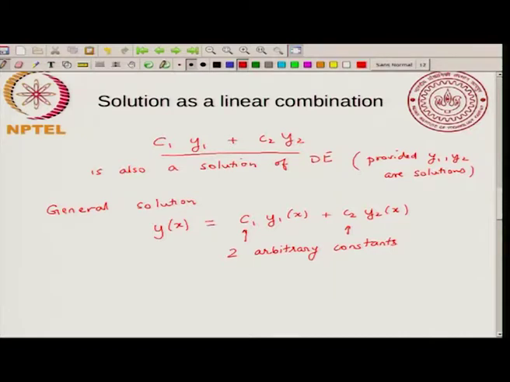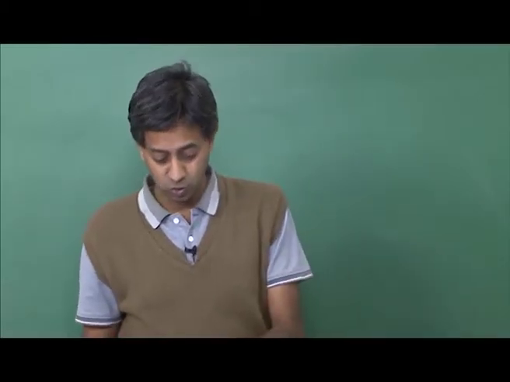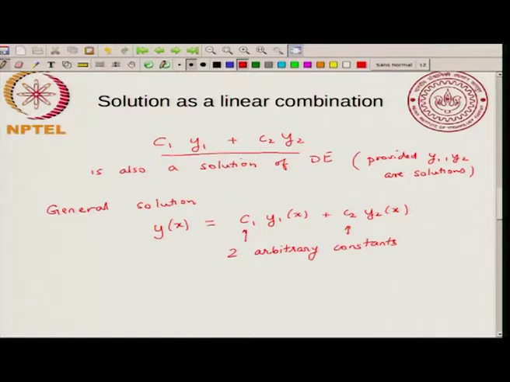Okay. So we already learnt that if you have a second order differential equation, the general solution will have two arbitrary constants. So if you know two solutions y1 and y2, you can write a general solution. What I mean is that these two solutions do not have any arbitrary constants. So if y1 and y2 do not have any arbitrary constants, then I can write a general solution as a linear combination of these, and I will have my two arbitrary constants.